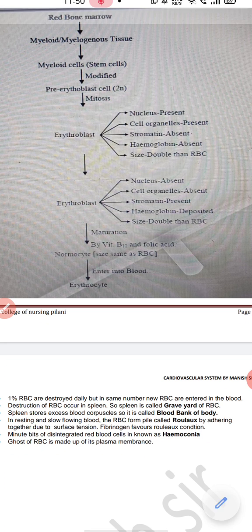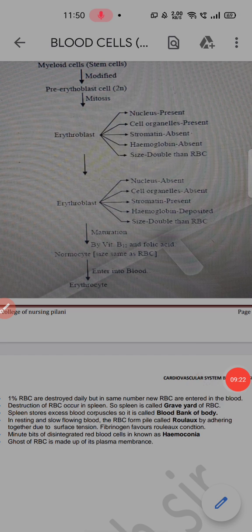So that is all about the RBCs. In the next video lecture we will discuss the